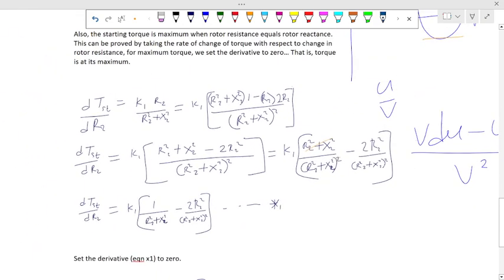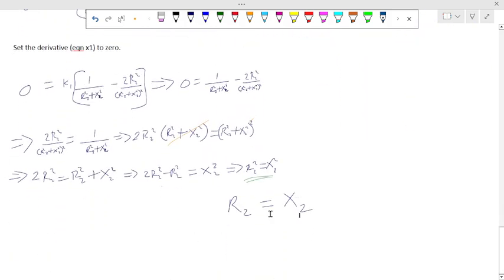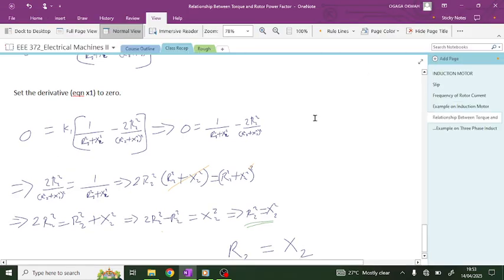But in case you feel like, oh, why all these many calculations, this and that, just bear in mind that the starting torque is at maximum when the rotor resistance equals rotor reactance. That's what we have here when we set the derivative to 0, because at maximum the derivative is 0, we have this. Okay, so of course you have to pause, watch the video again, check again and again, and then I